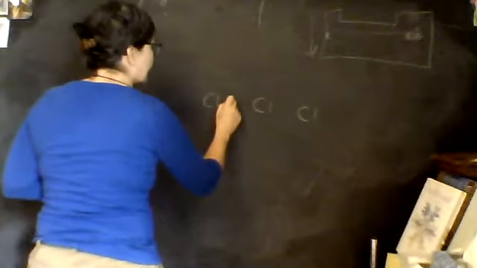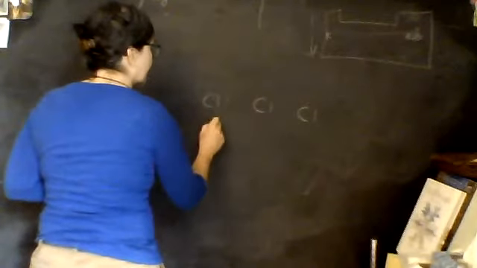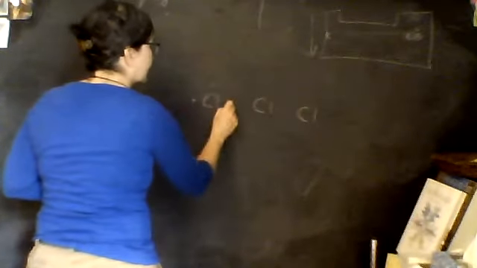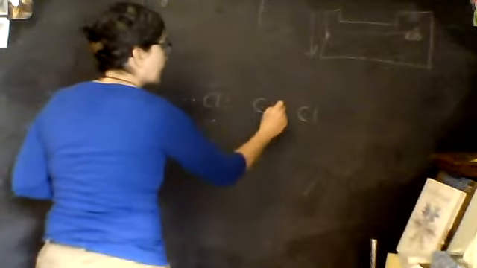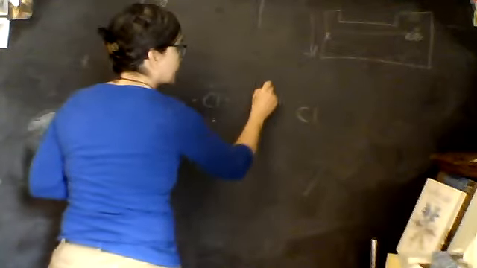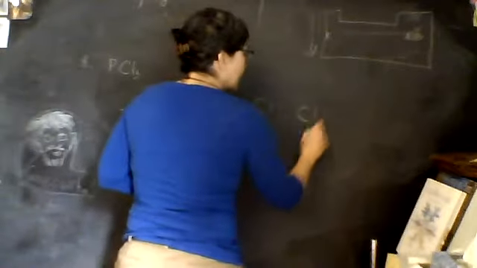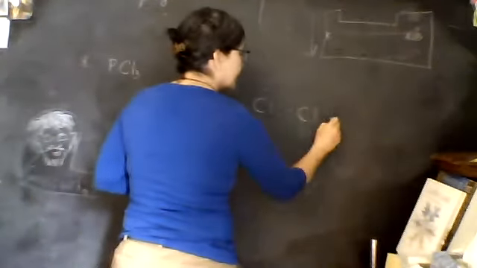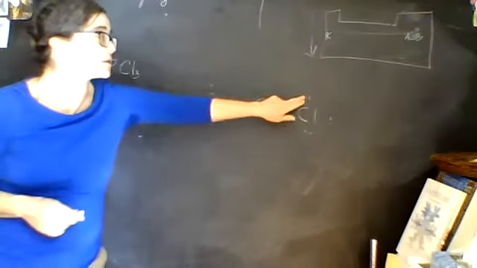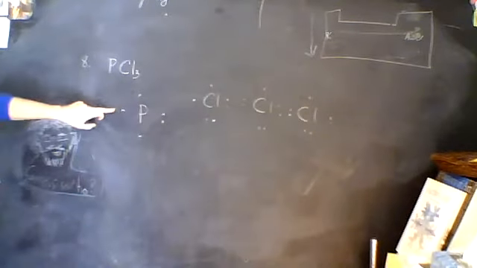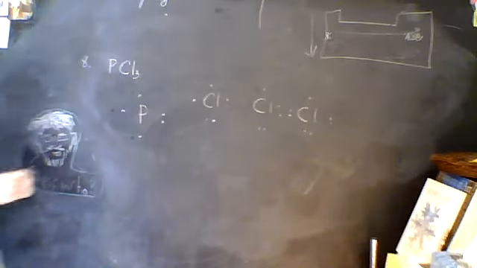Cl is in column 7. So it's going to have 3, 4, 5, 6, 7. 1, 2, 3, 4, 6, 7. 2, 3, 4, 5, 6, 7. So you can see these singles are going to attach to these singles. We're going to end up with